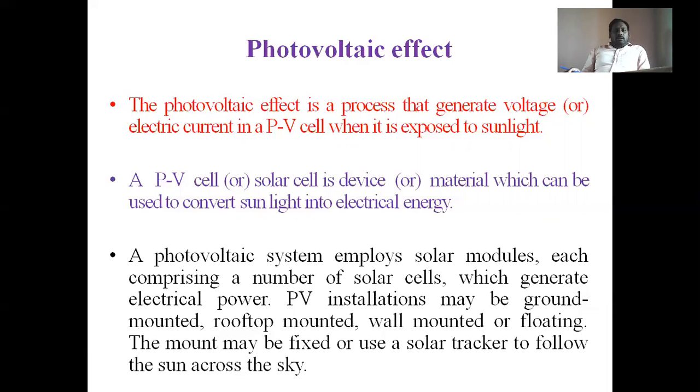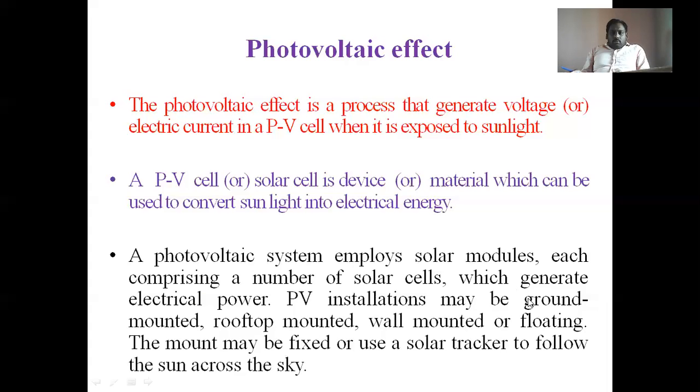And what happens in our environment nowadays is that these PV cells are connected on a large scale. That means a large amount of solar modules or PV modules are installed